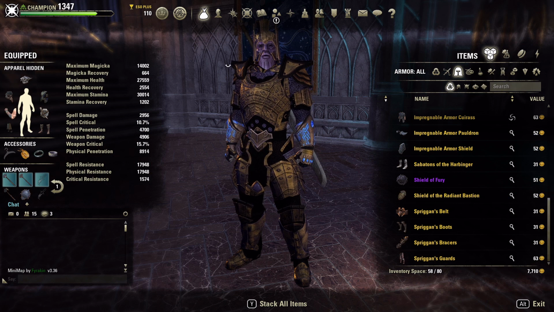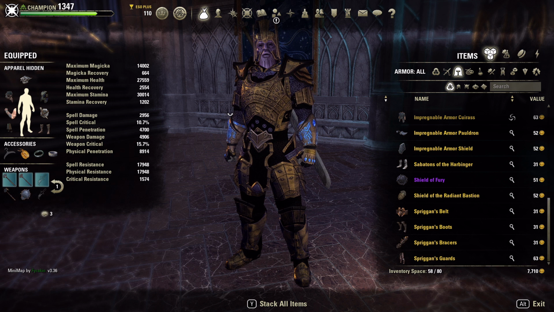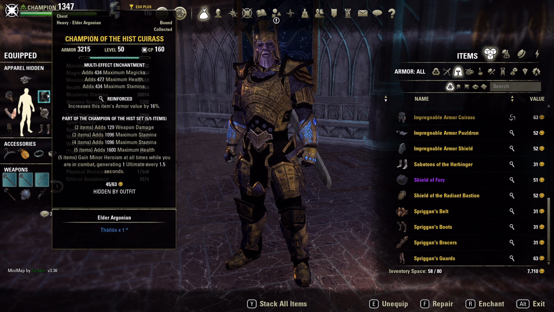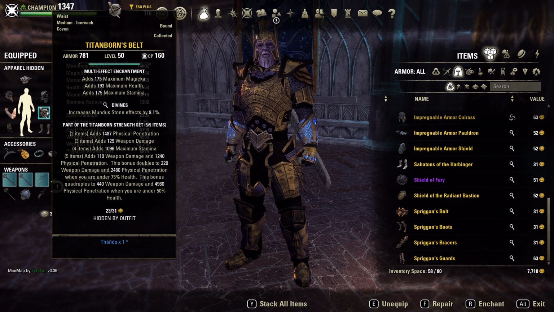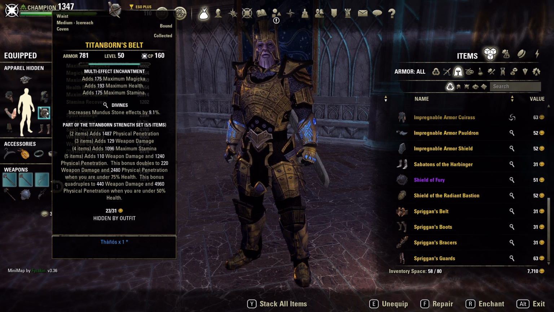It's important to know that because you can get very high ultimate amounts on this if you need to, and we'll talk about why that's important through our champion points. But Champion of the Hist, the next set that we have paired it with is going to be Titanborn. So we are the Mad Titan, we're Thanos, and so we're going to wear Titanborn Strength set. And you can see the 2 piece gives us